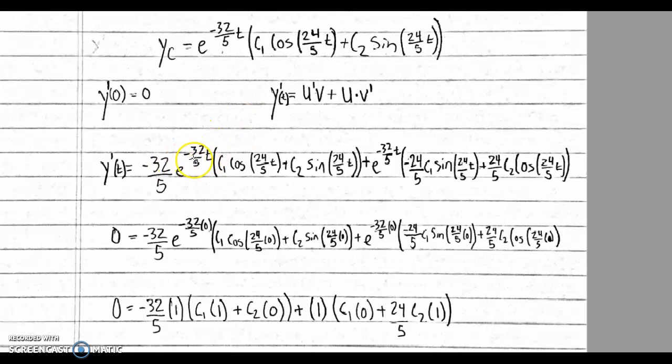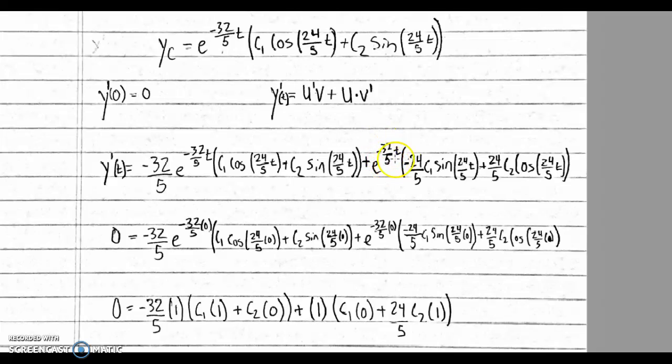We'll first take the derivative of our e to the negative 32/5 t, and so we'll have y prime of t is equal to negative 32/5 e to the negative 32/5 t times this section right here, because we didn't take the derivative of it, we're just leaving that as it is. And then we'll add